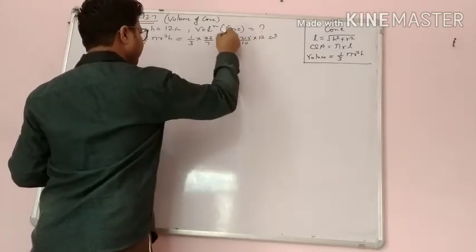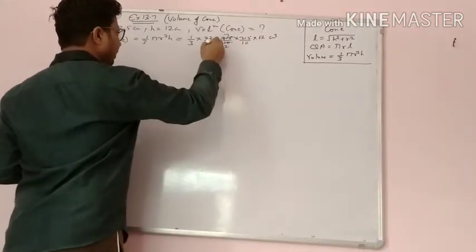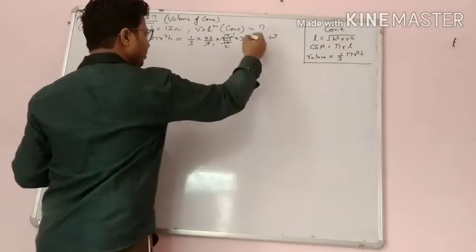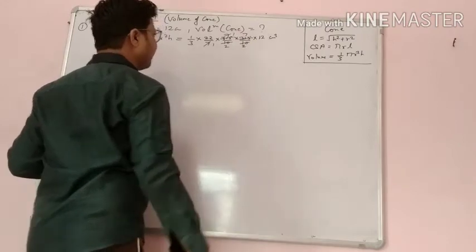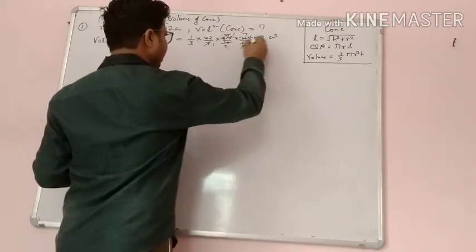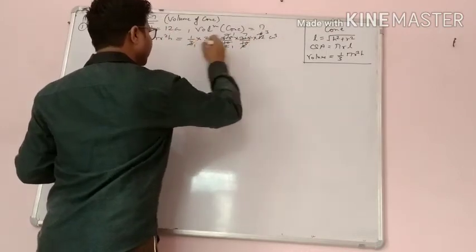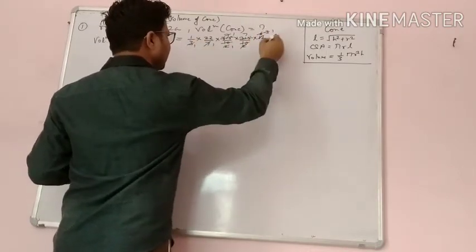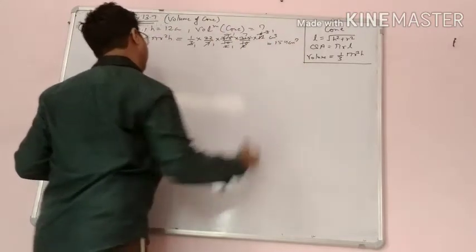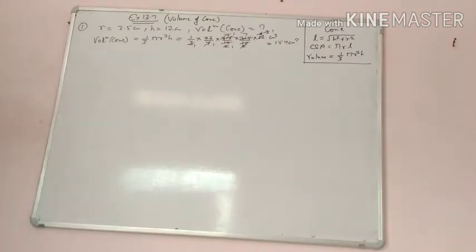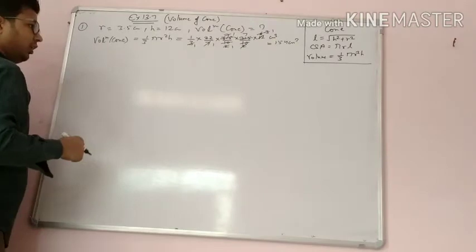Now we can simplify. 5 7s are 35, 5 2s are 10. Yes, 7 will be cancelled out. Here also 7, 2. Yes, we want to solve that. 2 6s are 12, 2 1s are 2, 2 3s are 6, 3 1s are 3. If you multiply 20 into 7, 154 centimeter cube. So what will be the volume? 154 centimeter cube. Now the second question is that